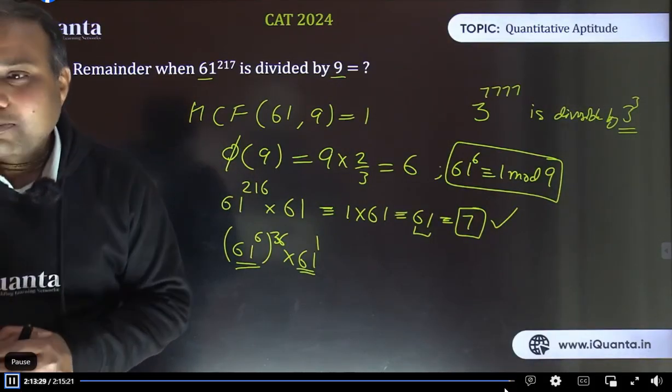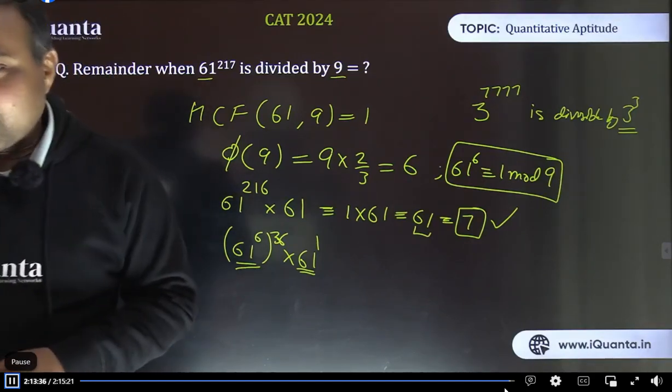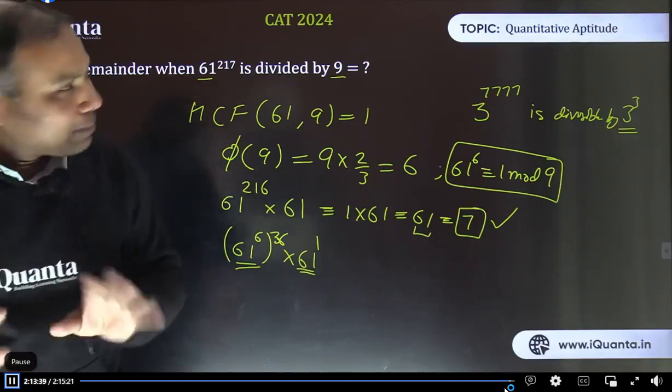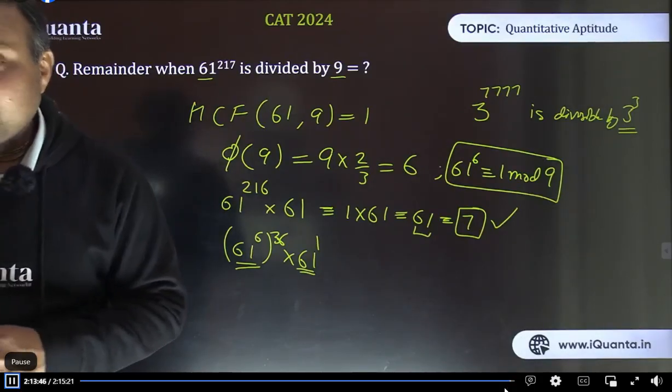I'm feeling unconfident because I'm not from math background. Leave this from your brain. Whether you are from math background or not, you should have a brain. Use that brain. Don't be bothered by whether you had math or not. If you are not from math background, that is advantageous in CAT, you get special points, extra points for that.